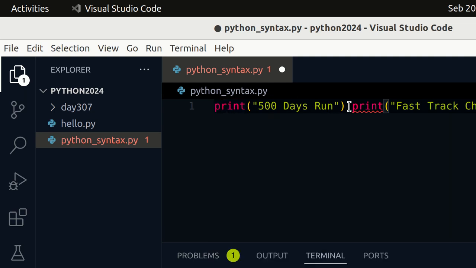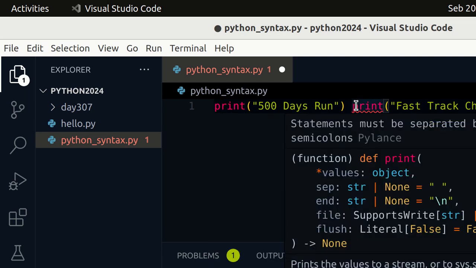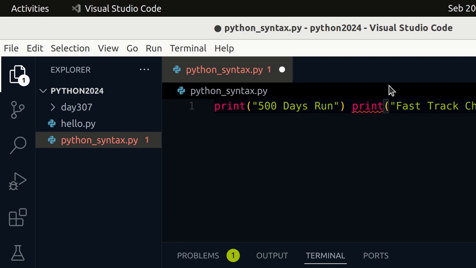However, even just from our code here, VS Code can already tell us that statements must be separated by new lines or semicolons. So we are already trying to understand some syntax error that might be displayed. If we try to run this code again by running Python 3, or since I'm using Anaconda, I can just run python syntax.py.